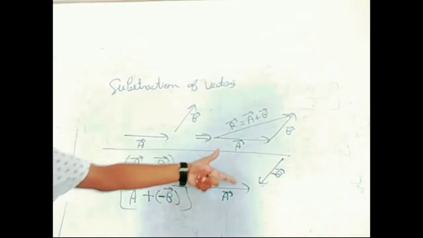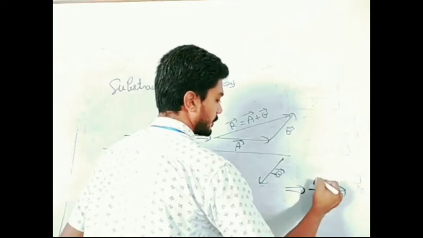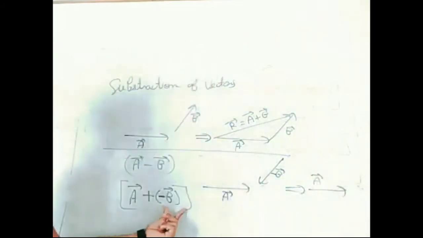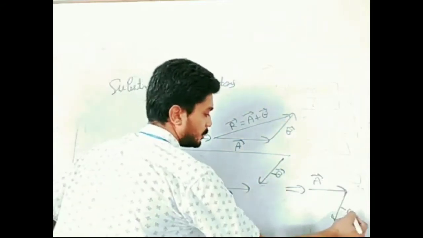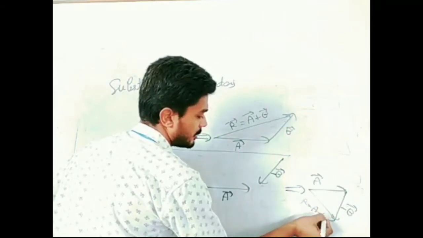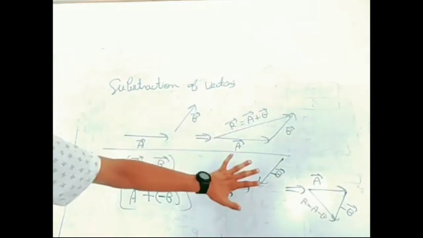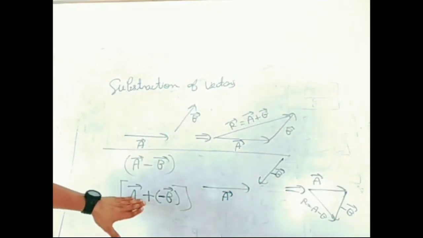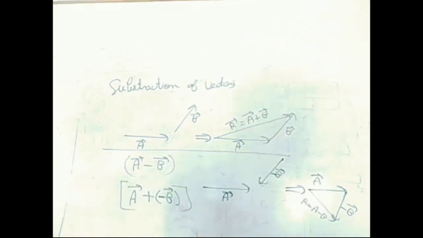And we are going to apply the triangle law again. It says draw the first vector, and we are adding minus B here, which we have obtained, then draw the minus B vector, and the closing vector will give the resultant A minus B. Now friends, subtraction is just like addition: in subtraction we add vector A with the negative of vector B. This is the process of subtraction of vectors.